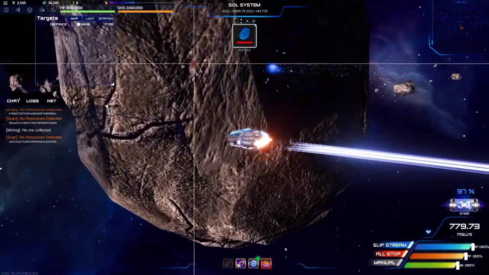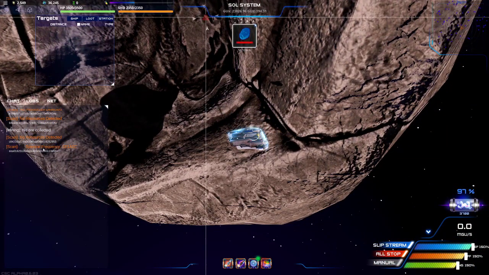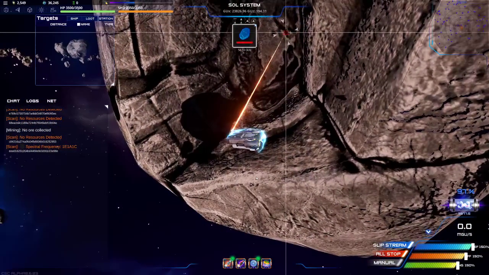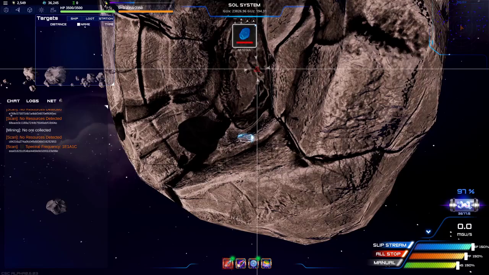There is a cooldown time, so as you can see, it takes a while. Oh, yep, we got something. Alright, so as you can see here, it says spectral frequency. Each asteroid does come back with different codes, and depending on the quality of your scanner, it will come back with a different color also, but that's for another video. So what we're going to do is just hit the mining beam. And yeah, this is how you mine. This is how you extract resources